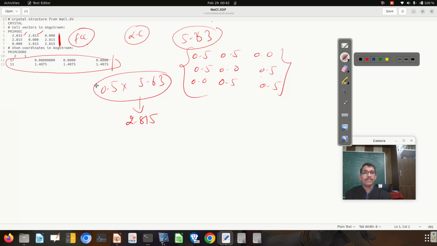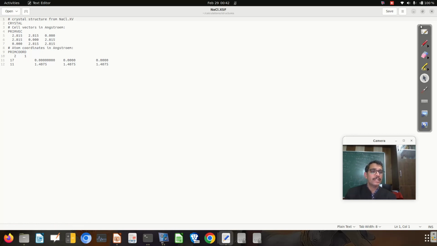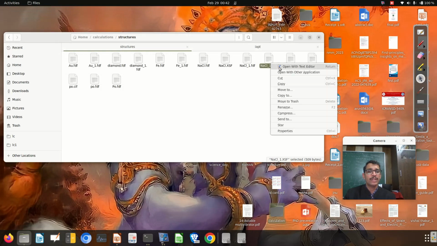So this is one way to look at the XSF file, and similarly I have also plotted the FCC files for the other XSF files also, because for NaCl it can be visualized easily with the help of XCrysden rather than GDIS. So that's why I have shown you this one,